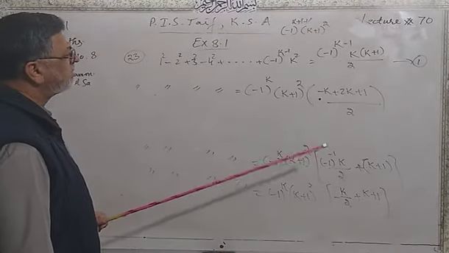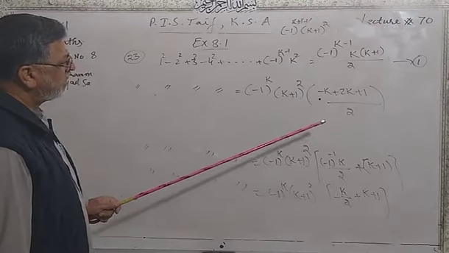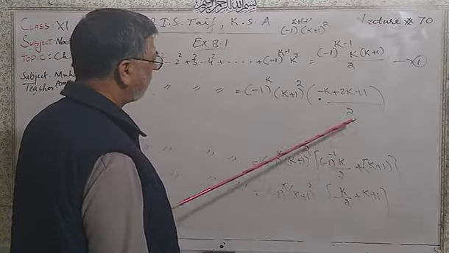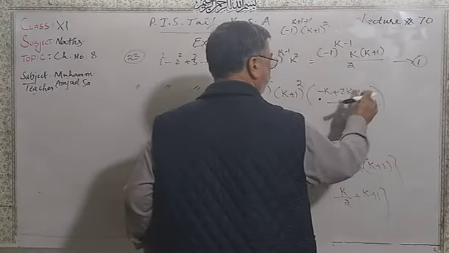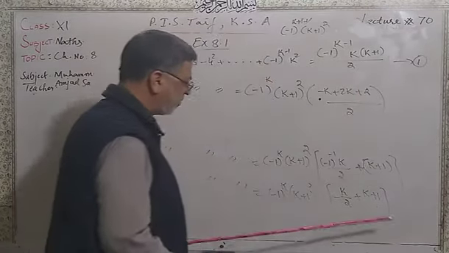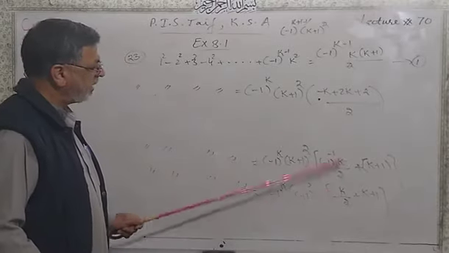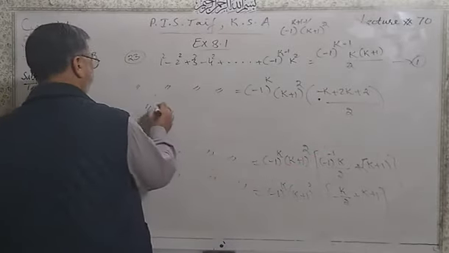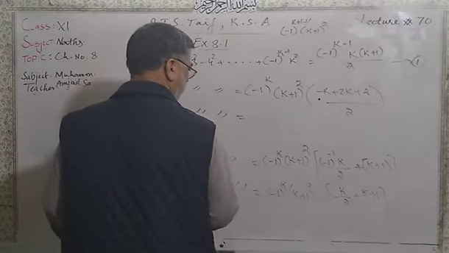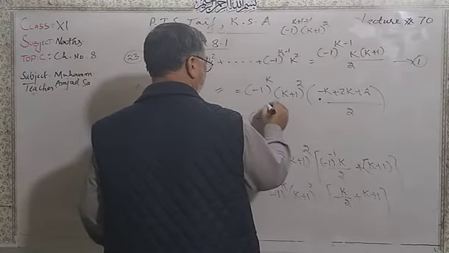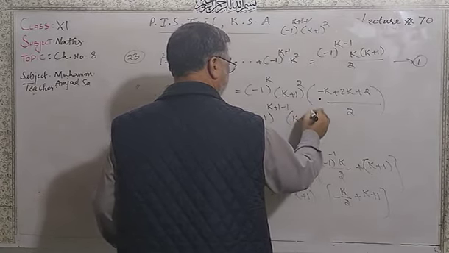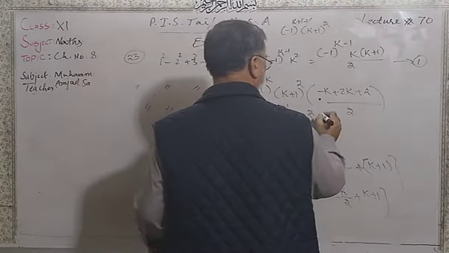No, not 2k+1, 2k+2. Actually this 2 is the LCM, so minus k plus 2k plus 2. So the left hand side as it is, (−1)^(k+1)... (−1)^(k−1) (k+1)² into,